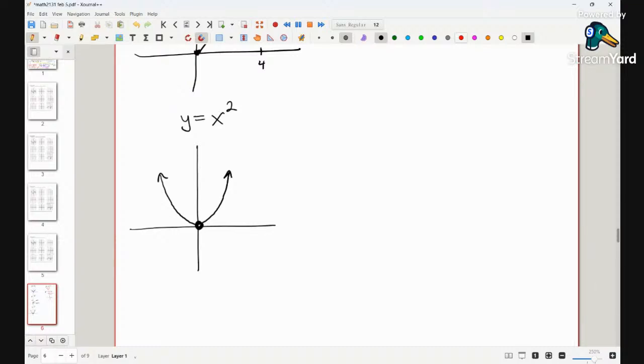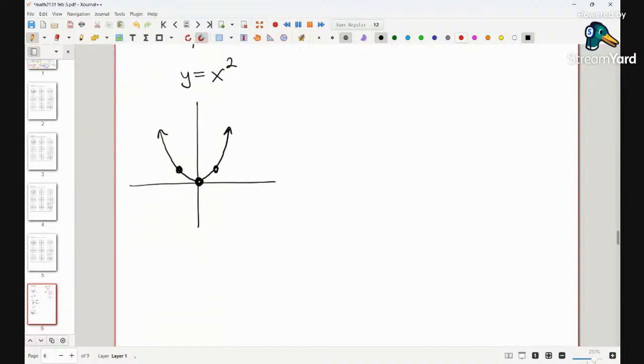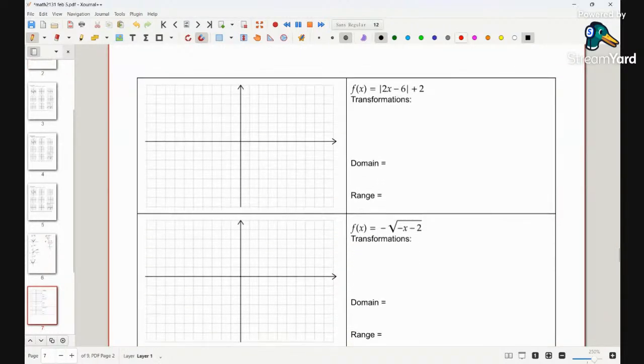But you have this graph. You know what I'm going to say. An eighth grader would plug in points 0, 0, 1, 1, and negative 1, 1. Very similar to the absolute value. If you needed more, you would plot point. But 3 is good. And we're going to transform it in a variety of ways. On the back side of your paper,